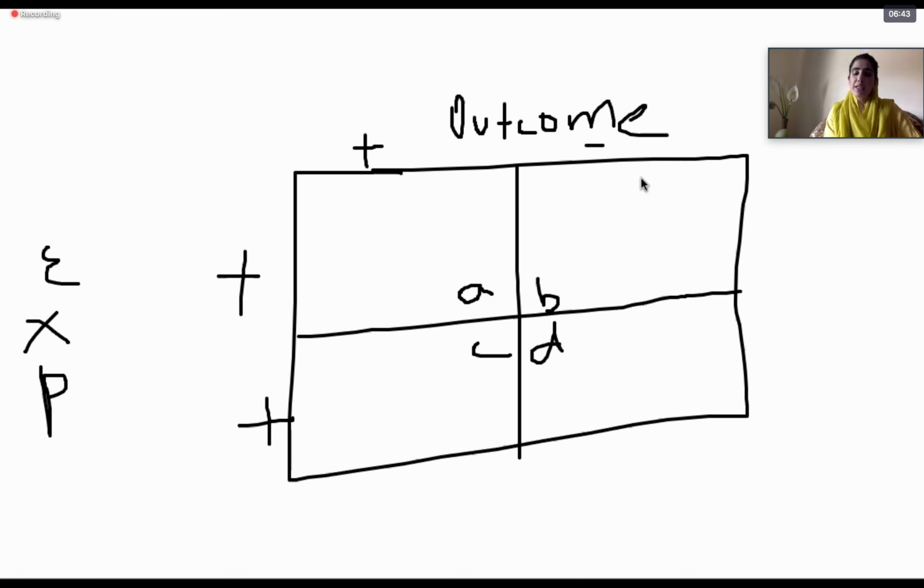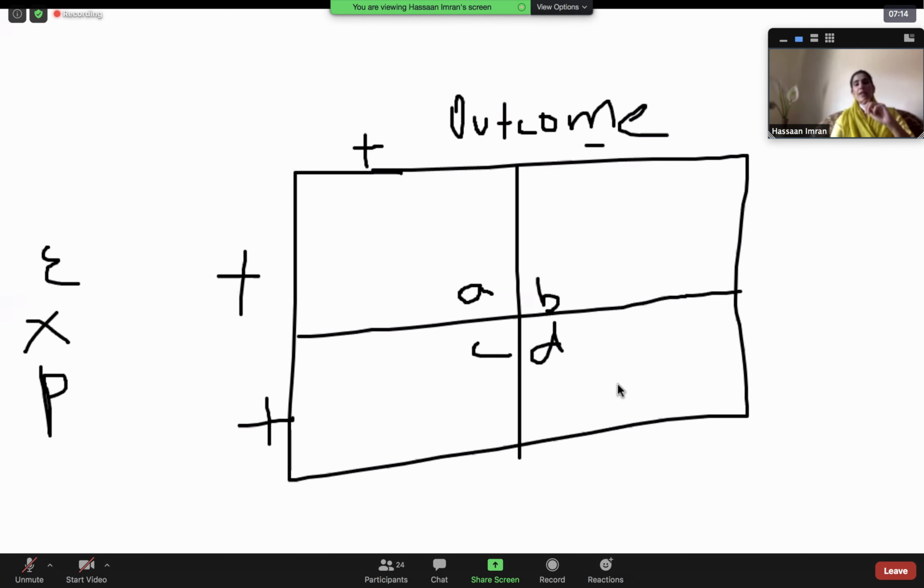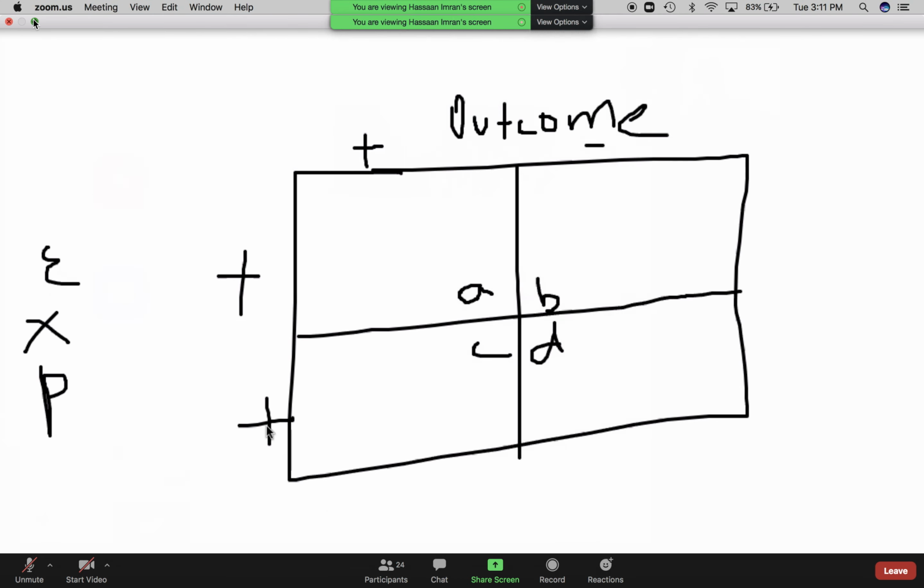Because other factors are also necessary: a person should have poor nutritional status, poor immunity, and poor hygienic conditions also. So this means that there are multiple factors which play their role in causation of disease. So at times there are individuals who are not smokers, or not exposed to smoking, but they do develop CLD. Similarly, D are all those individuals who are neither, sorry, here it is minus.